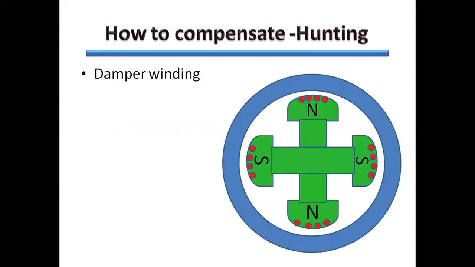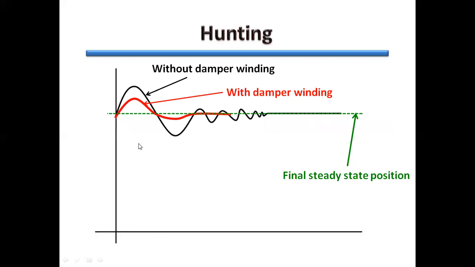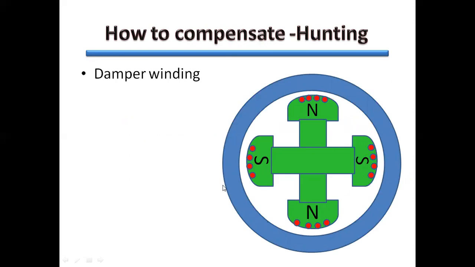So we need compensation to avoid this hunting effect. So what is done is in the rotor pole shoe, copper conductors are arranged. These are embedded in the rotor pole shoe and these are shorted at both ends. Now what happens? Due to hunting, these damper winding conductors also oscillate to and fro,